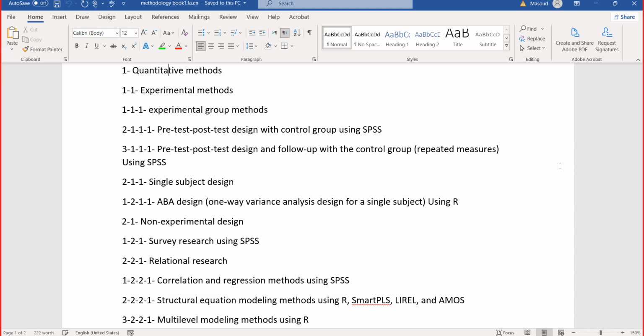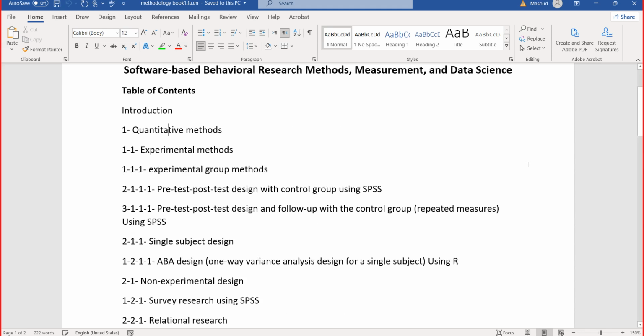So in non-experimental design, I recommend a different division for research design, as I will say later.